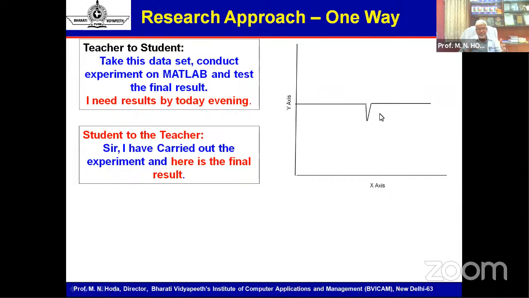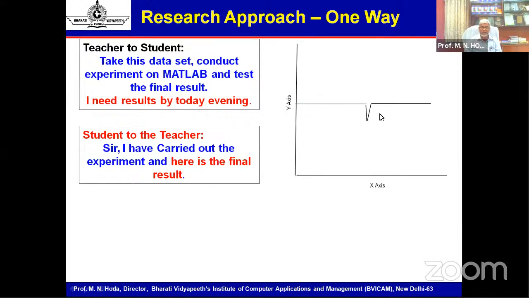Let's start to understand what is the meaning of this deviation. So he goes to the teacher and says that I have carried out the experiment and here is the final result. He doesn't say that there is a deviation because he has huge apprehension whether he will take it in a positive sense or in a negative sense. He is not a person of that background, that scholar doesn't have any idea of this research domain, so he is not able to comprehend anything.